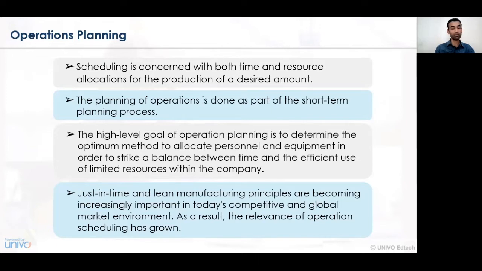The concepts of operations management, such as just-in-time, material requirement planning, or manufacturing resource planning, all these principles should be applied, and accordingly a global market scenario environment should be implemented.